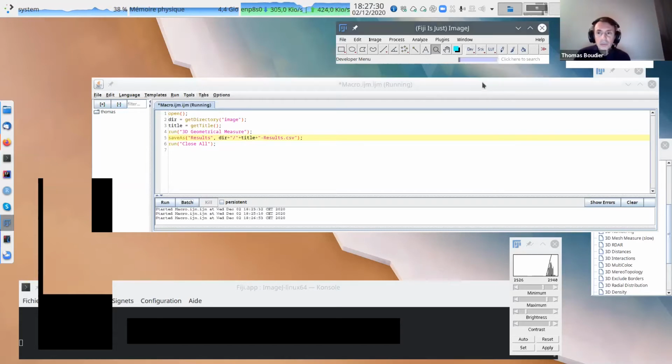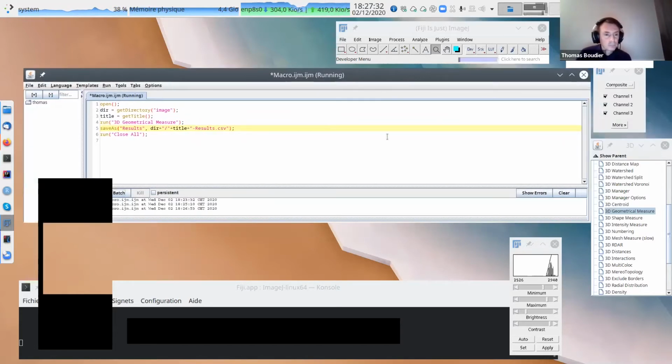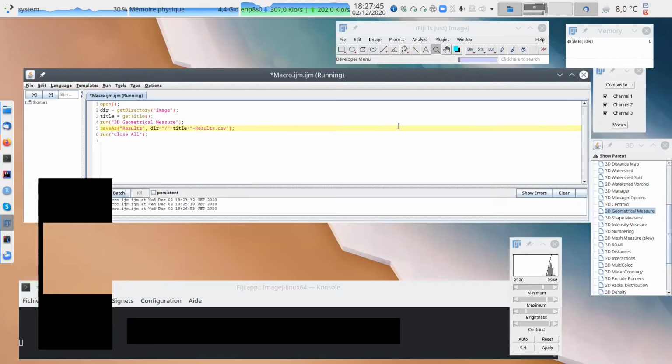So do you have something else you want to do? You have some ideas or no? I have a question. Yep. You mentioned earlier, I might have missed it, but I think you mentioned that it was possible to have a list of 10% of the shortest distance between two objects or something like this?